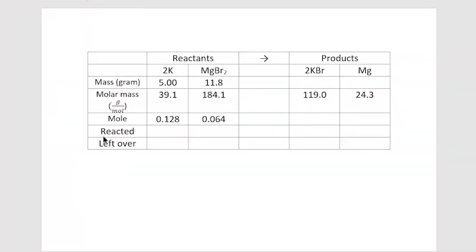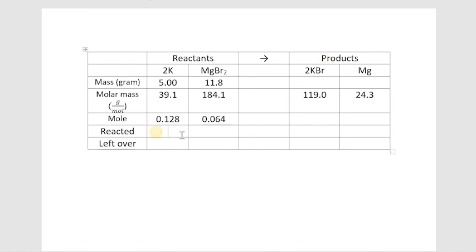Okay, back to this table, and you remember that 5 grams of potassium gave 0.128 moles because we took 5 grams divided by the molar mass, 39.1, and then we related it to the amount of magnesium bromide in terms of moles. Because this is a 2-to-1 relationship, we were able to get 0.064 moles of magnesium bromide, which then when you multiply it by the molar mass, gave 11.8 grams of magnesium bromide. This is the amount where both of these, when they're reacted, both will be used up, and we could prove this